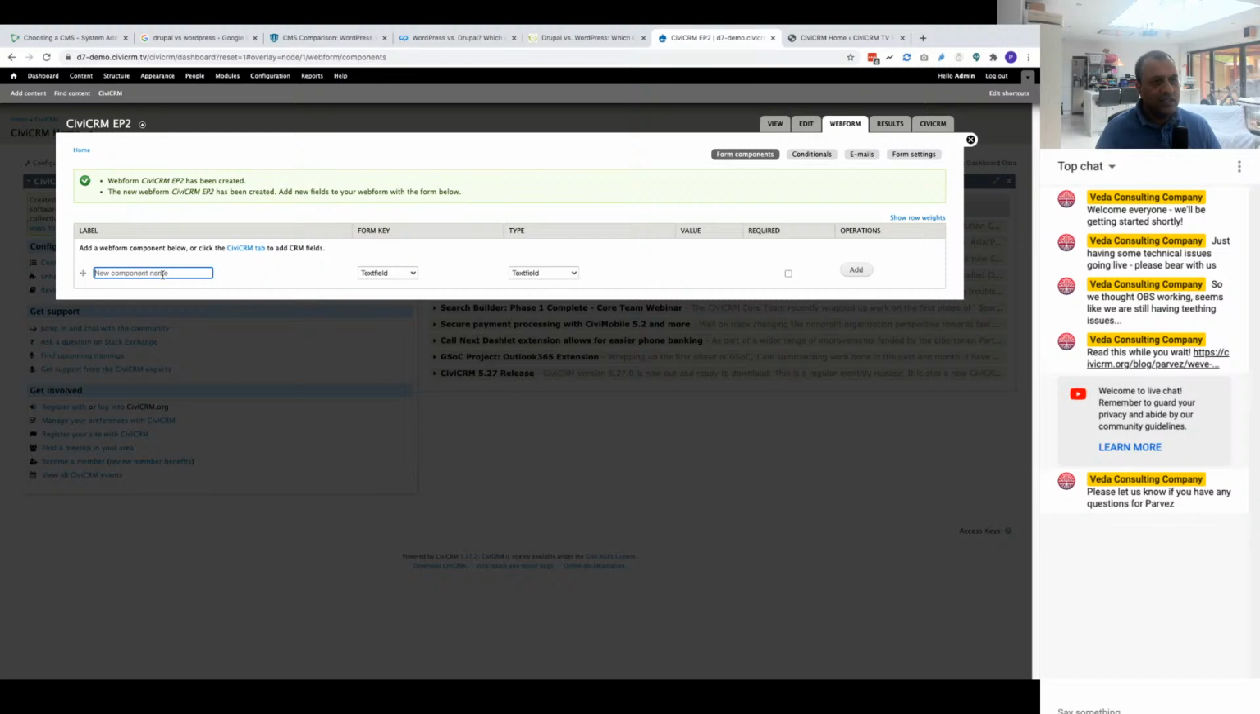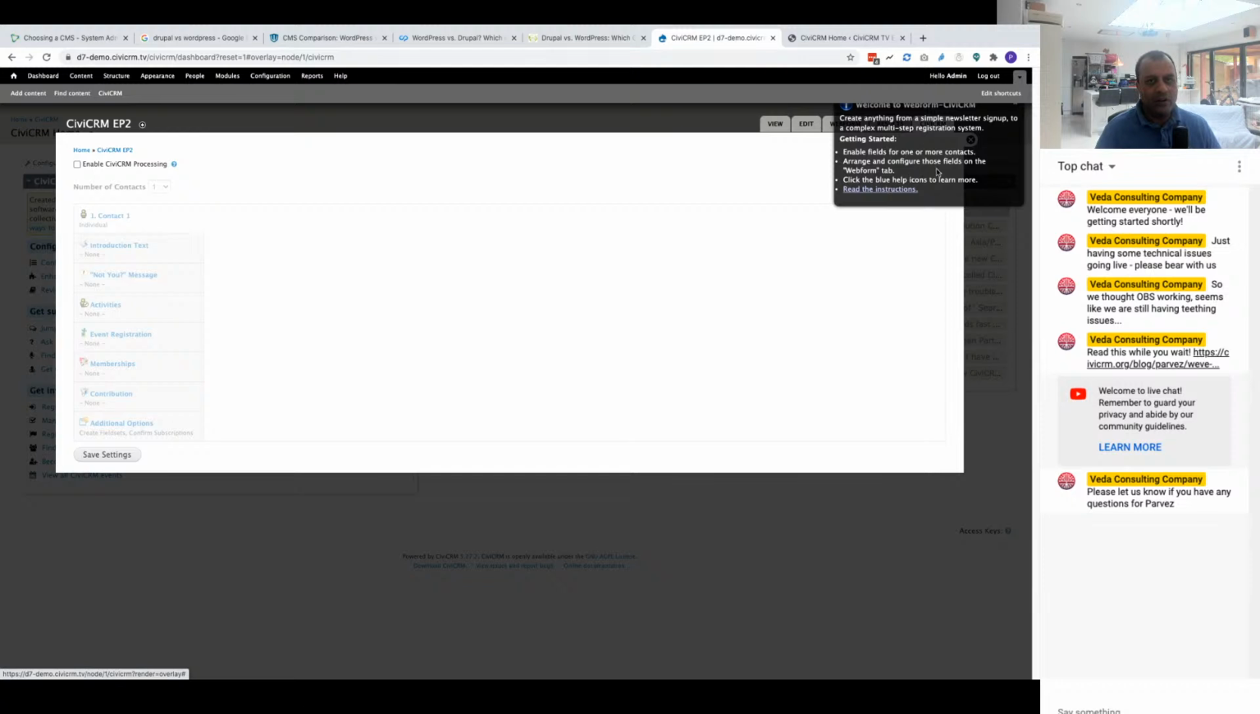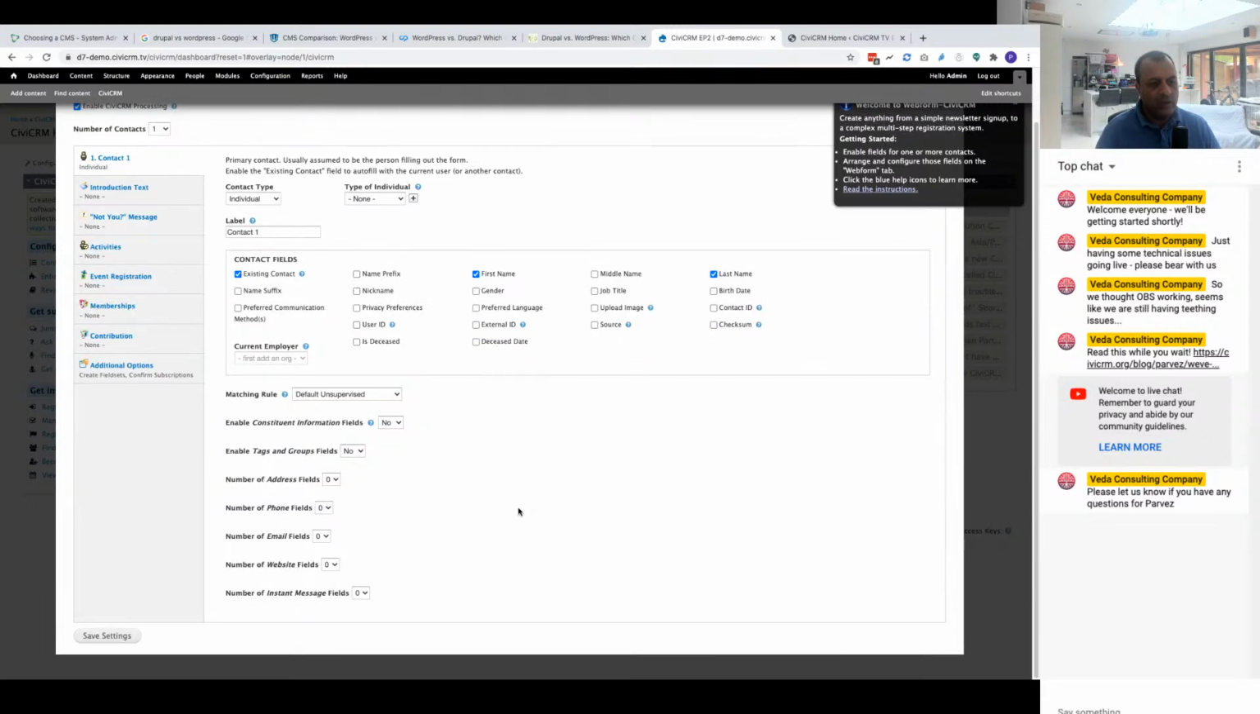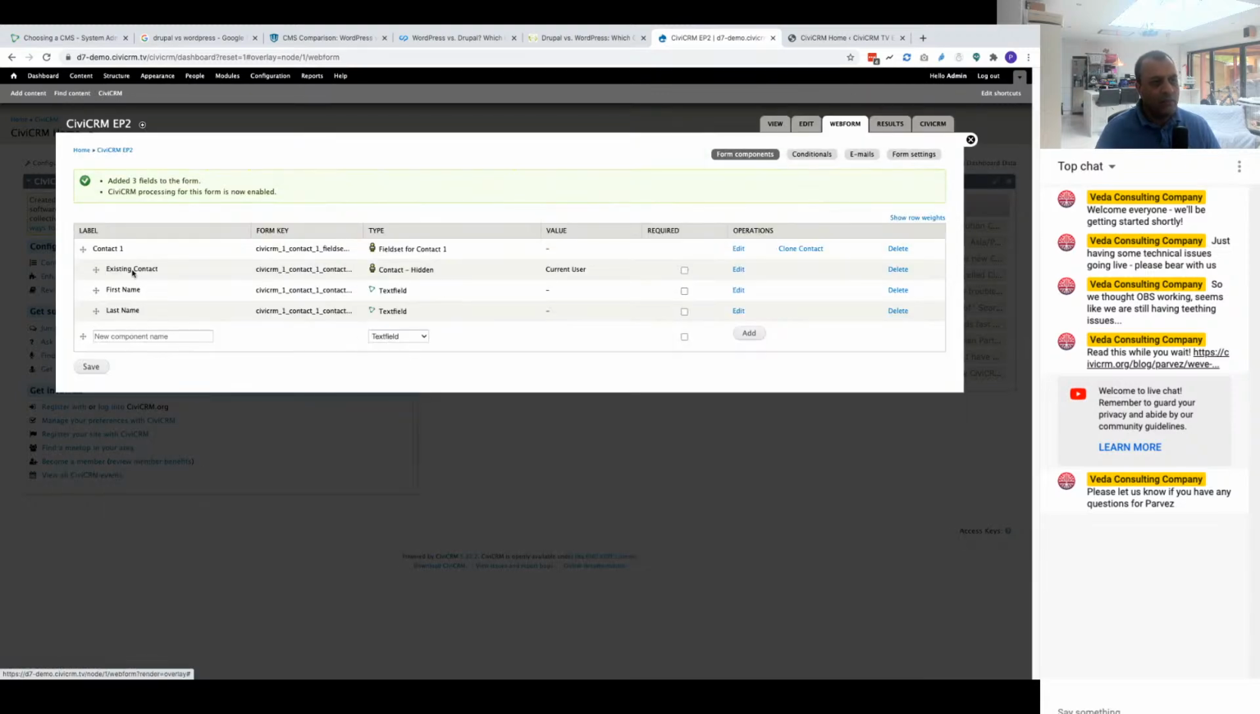So what do I want to add in? I'm going to come straight to CiviCRM now. I know what I'm doing with CiviCRM, so I want this data to hit the CRM. So I'm going to enable CiviCRM processing, and here now I will start to see what information I'm capturing. I'm just going to save that. So I'm getting the first name, last name, and I'm allowing the system to do a dedupe and match an existing contact if one exists, right? So I've created a form,